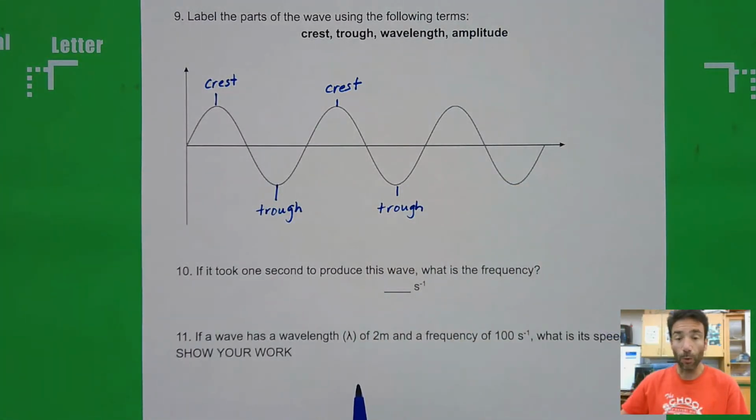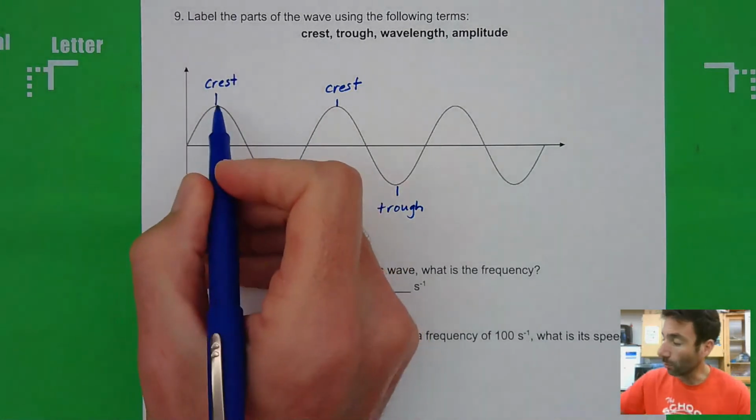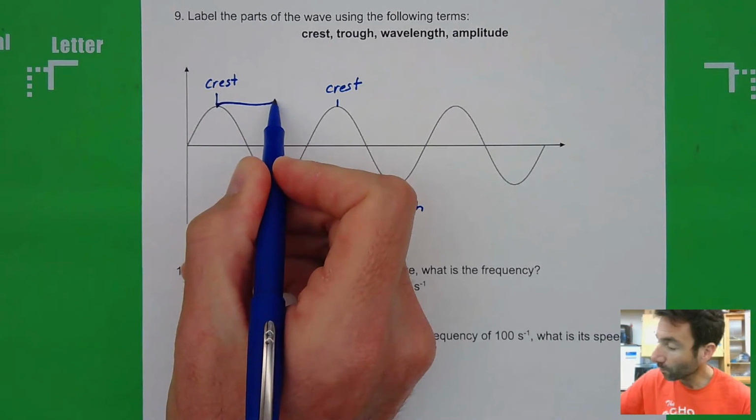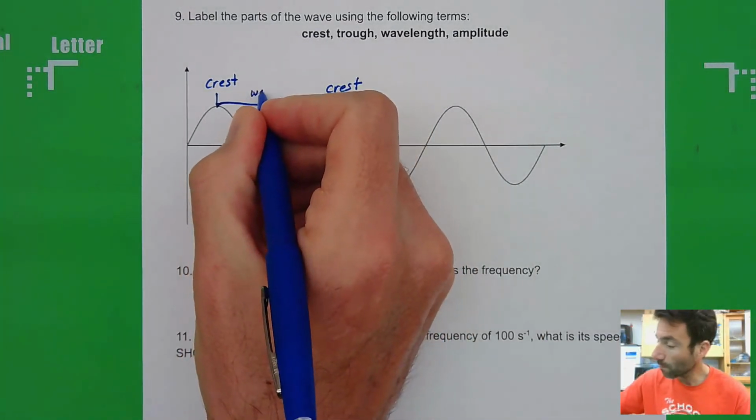Now it's asking us for the wavelength. Well, the wavelength is defined as the distance between two crests or two troughs. So if we mark this as a wavelength,